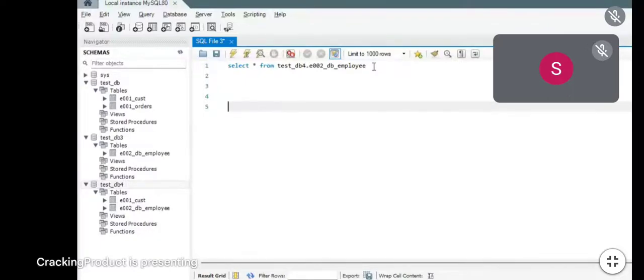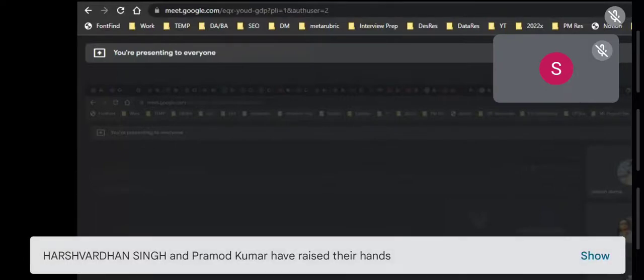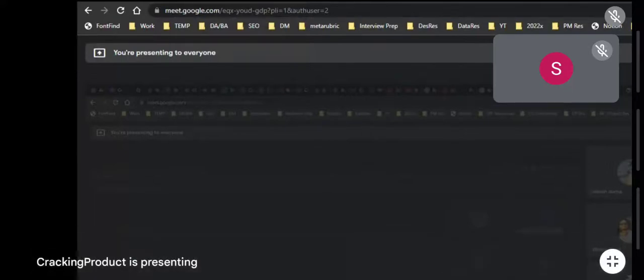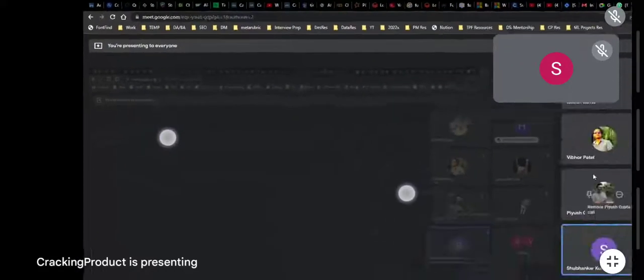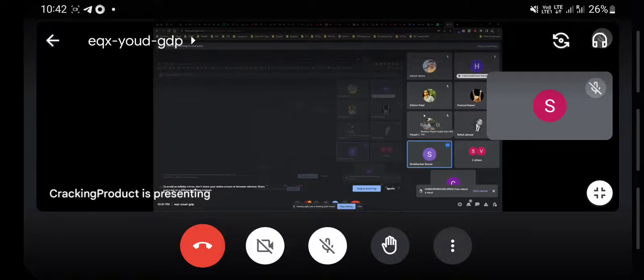How many of you know the answer? Harshvardhan, okay, you know. Who else? Harshvardhan, Pramod. This should be a very easy problem for everyone. I need department ID and it needs to be distinct. Okay, go ahead. Distinct department ID means